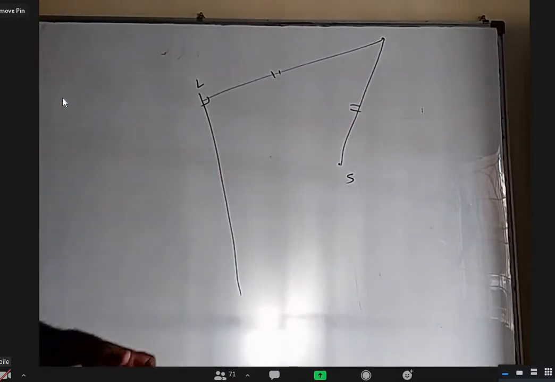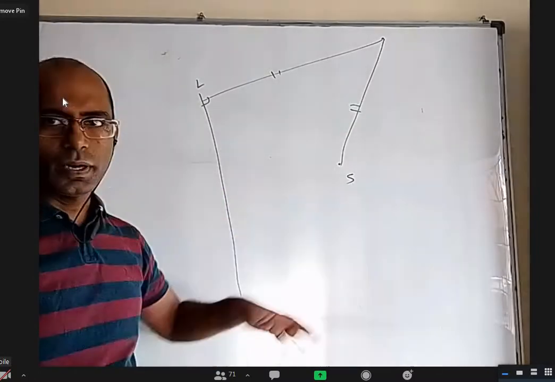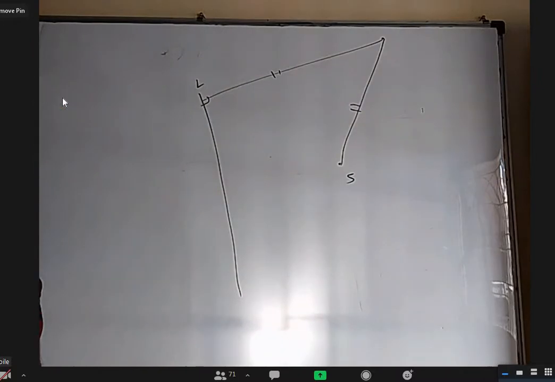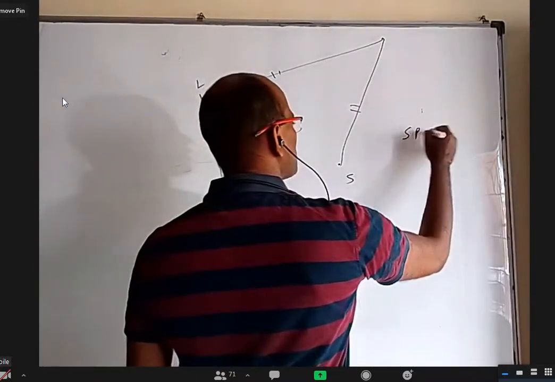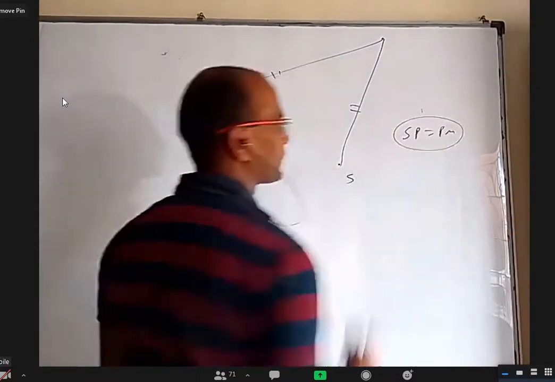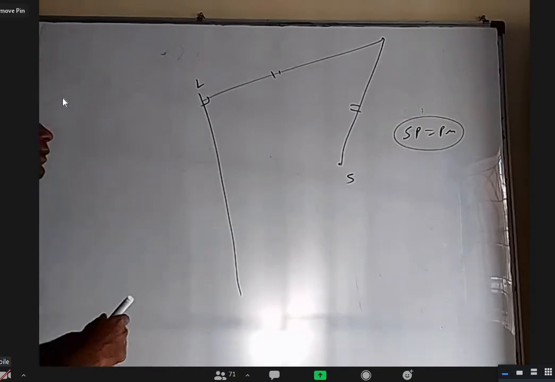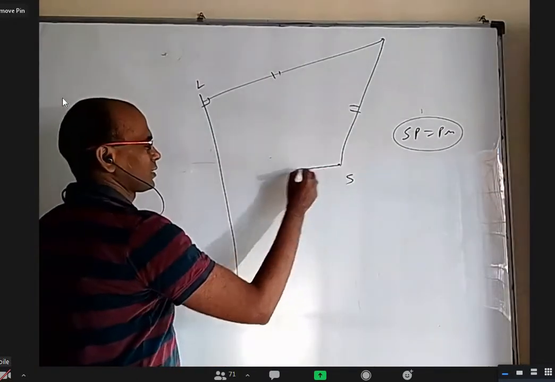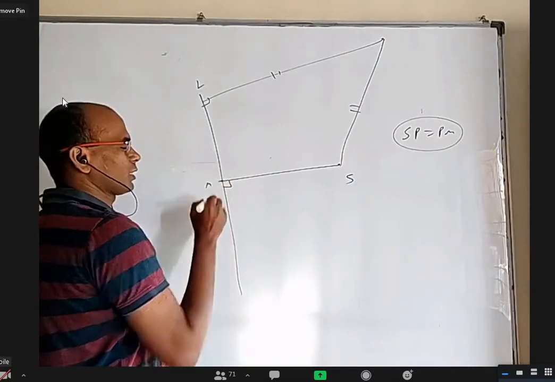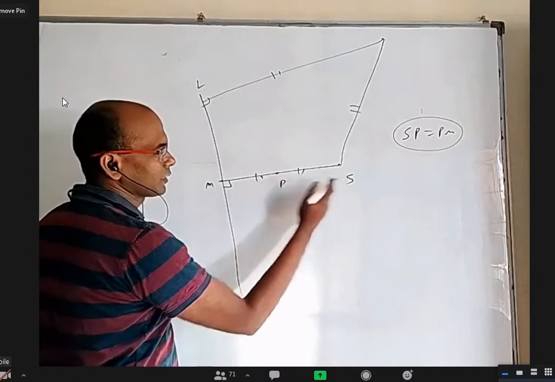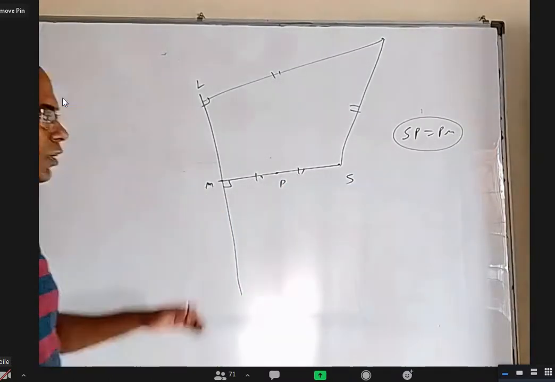If I really give you the line and the point on the paper, can you identify some points which satisfy this condition SP equal to PM? Can you mark them easily? Sir, first find the foot of the perpendicular and the midpoint of the foot of the perpendicular and S. Yes, you draw a perpendicular here, call that M if you want. Definitely the midpoint, you can see SP is equal to PM. Yes, this is one obvious point.